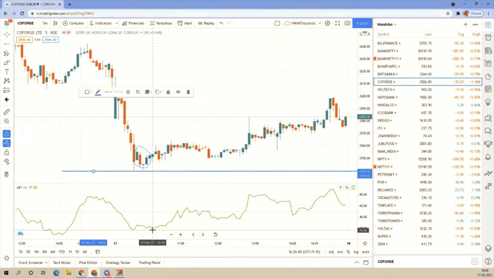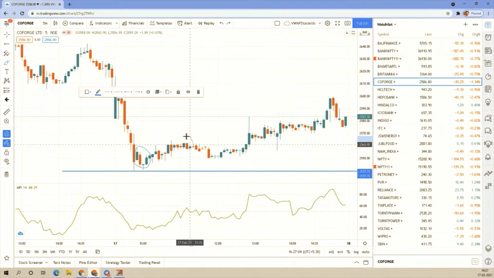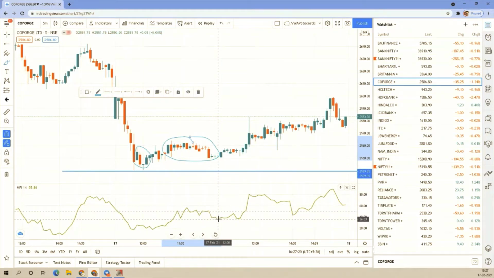Here you see that the graph takes off, going up, made a higher high and then a higher low and again a higher high, and then consolidated a little in this area. But even though it has consolidated, it never broke the low of here. So again it took a U-turn here and started going up, again came down, and again started going up.